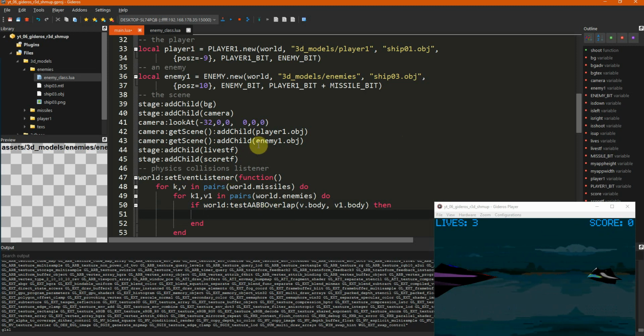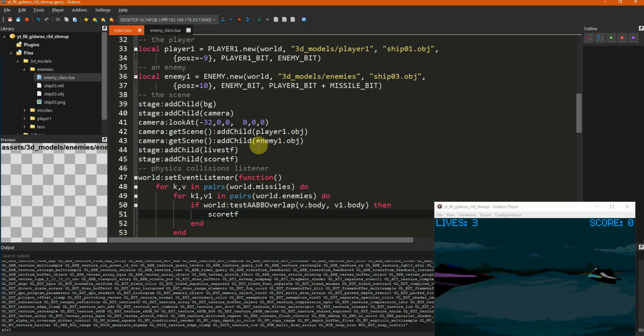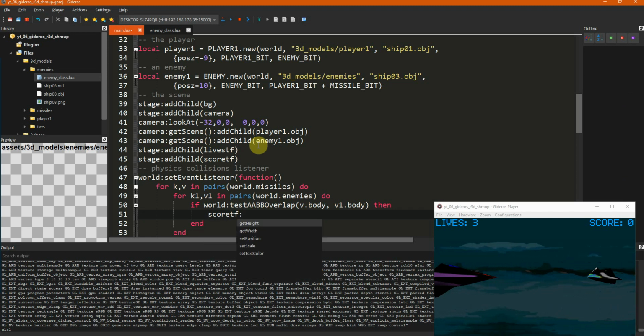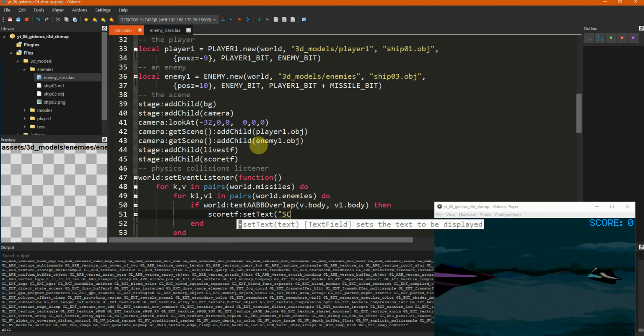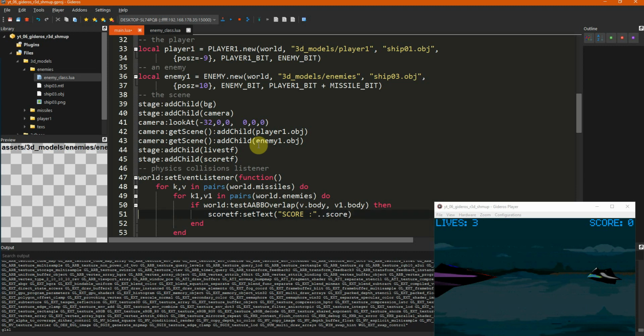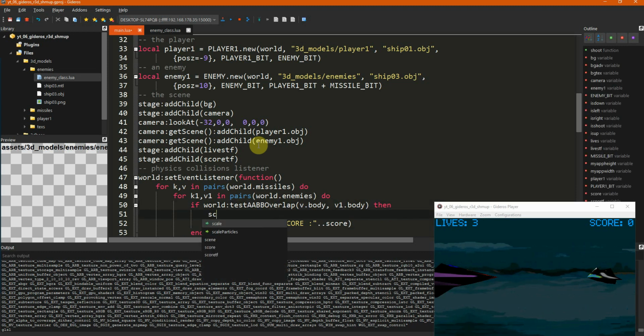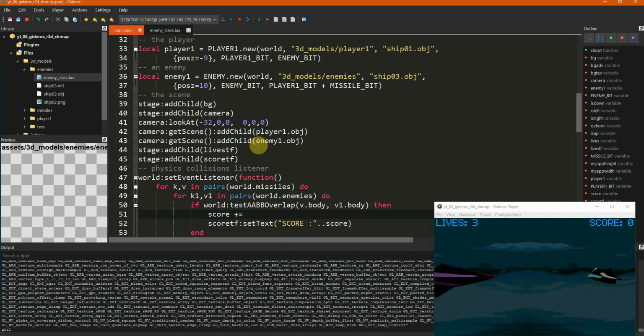So the score is score text field dot set text, and we pass score, colon, and the new score value. We need to increase the score value, so the score is going to be score plus equals 10, for example. So when we touch an enemy with the missile, the score increases and we set the new score. I think that's it.